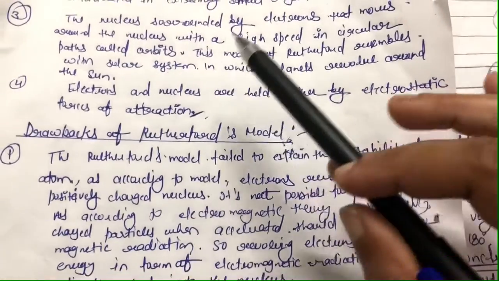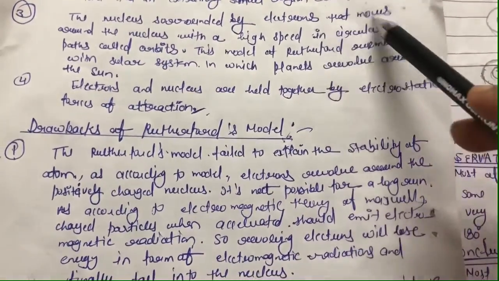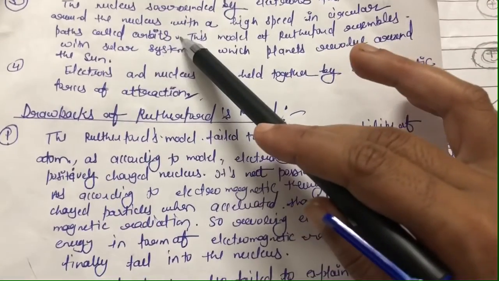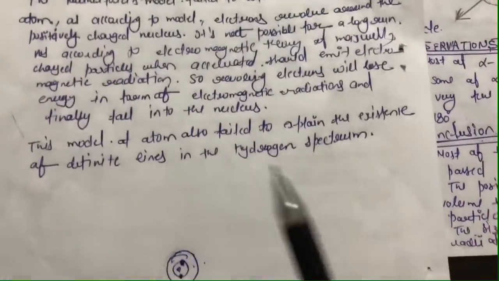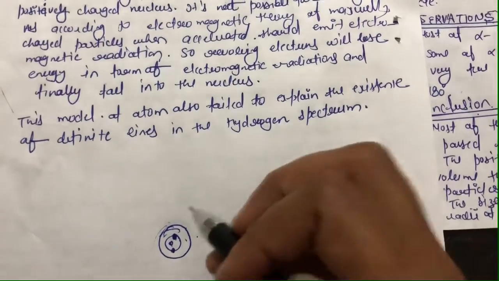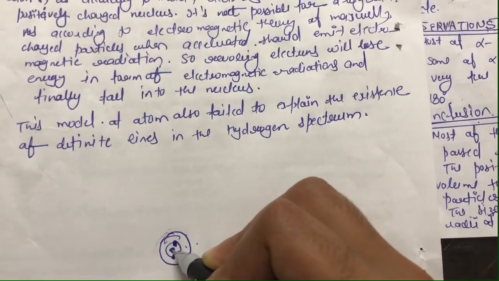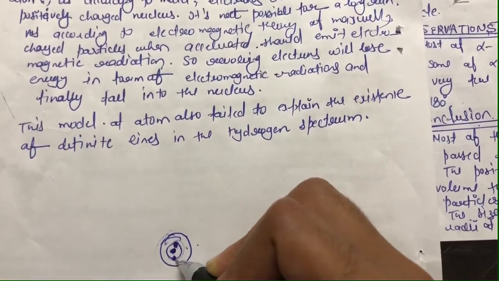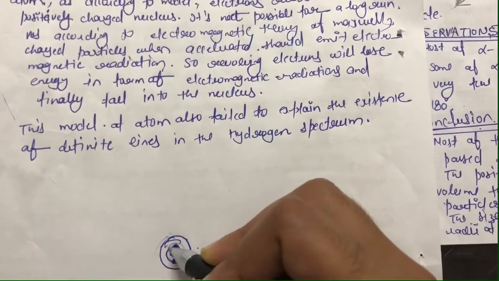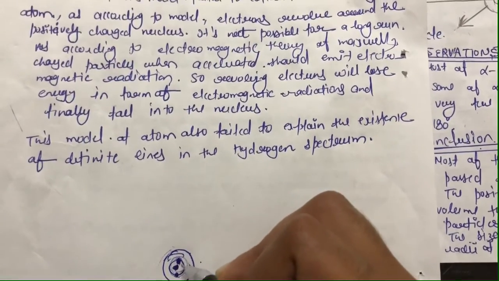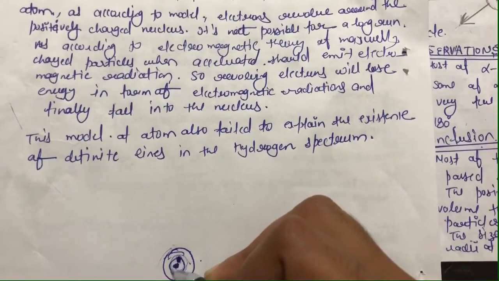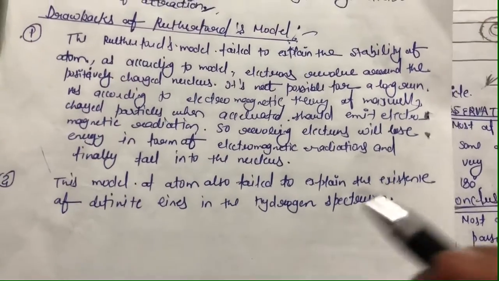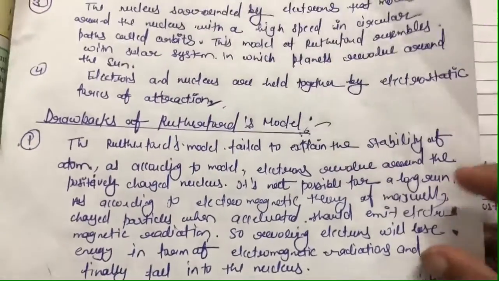So the nucleus is surrounded by electrons that move around the nucleus with a high speed in circular paths called orbits. As I have drawn here, this is the nucleus of the atom, and in this orbit these are electrons that revolve around the nucleus of the atom in fixed paths. This path is known as the orbit. Clear? And